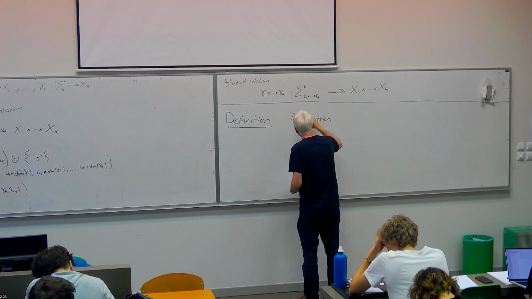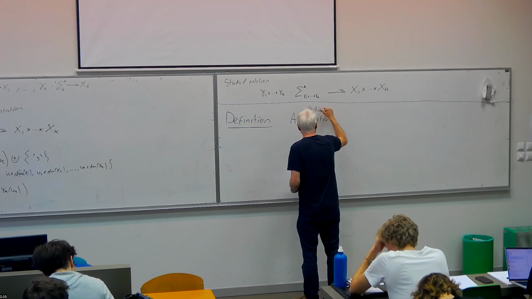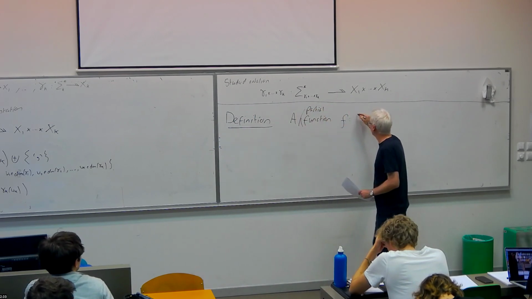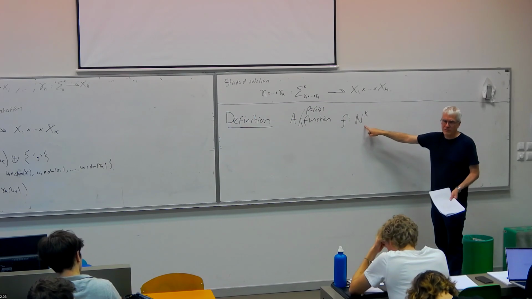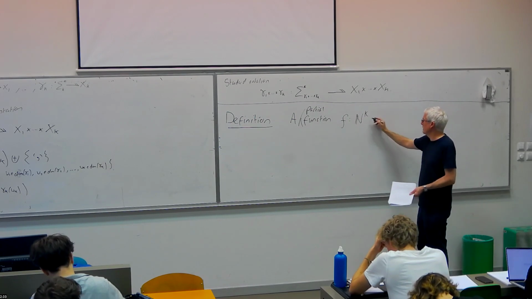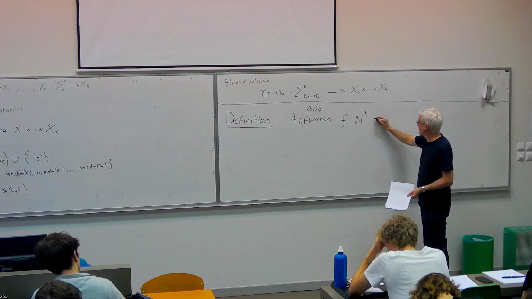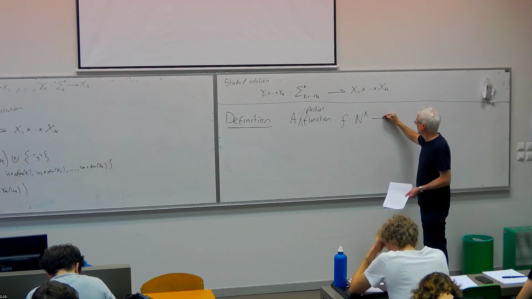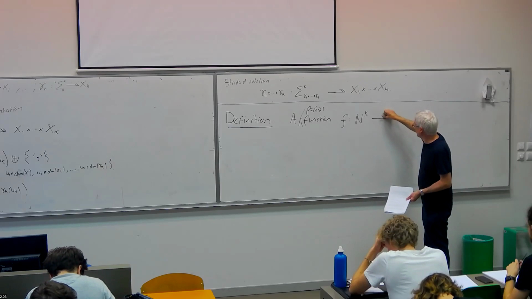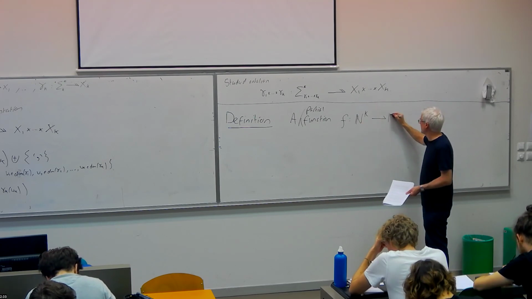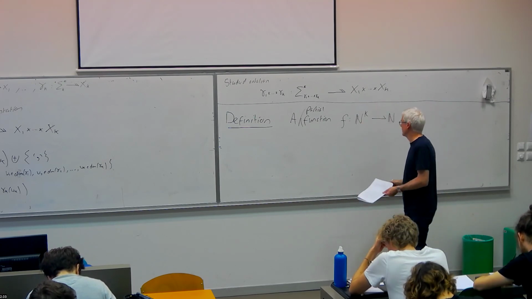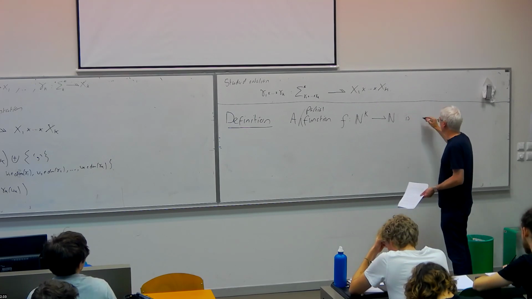So a partial function f from k-tuples of natural numbers to natural numbers is said to be computable